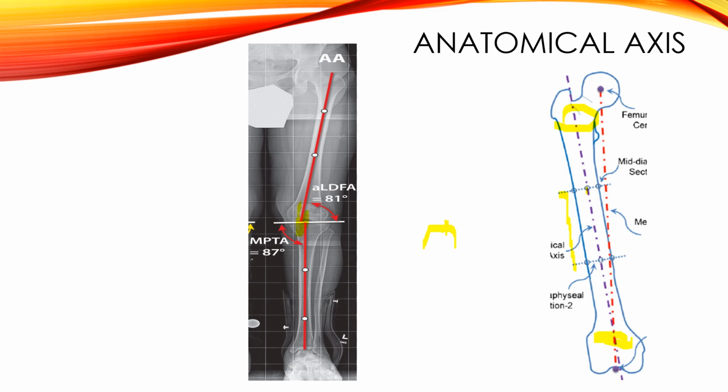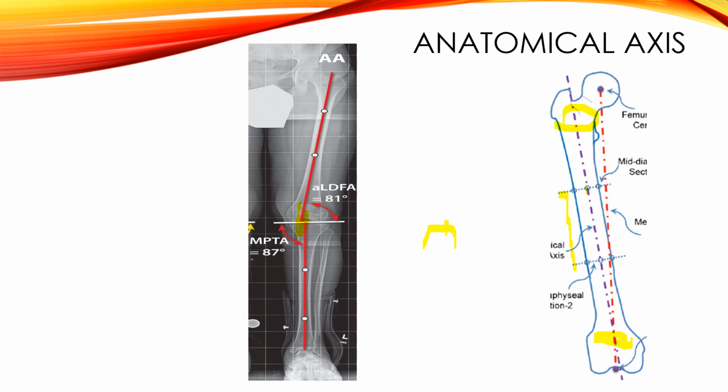The same thing happens in the anatomical axis of the tibia. Basically it is parallel to the mechanical axis, but the mechanical axis will be the center of the two spines and the center of the ankle. But the anatomical axis will be a little bit medial. It will start from just the middle or just below the medial spine and it will enter the ankle just a little medial. It will not be the center of the ankle joint.